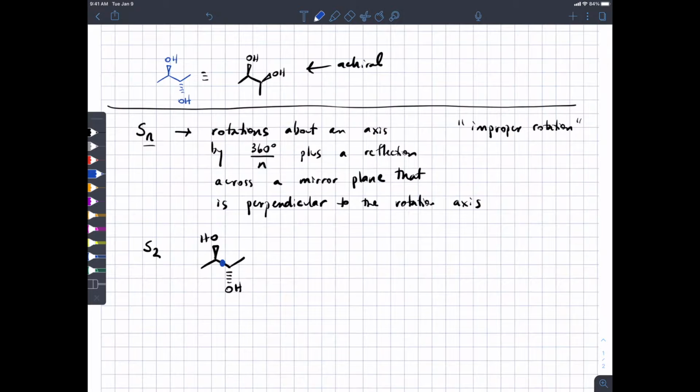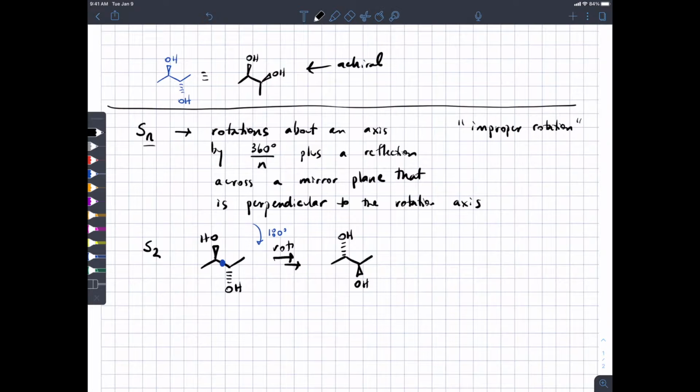It's perpendicular to the plane of the page, and if we spin 180 degrees, that's going to give us what we've drawn here. We're just literally spinning the molecule around. And remember, our axis is coming out of the page and going into the page. So our reflection,